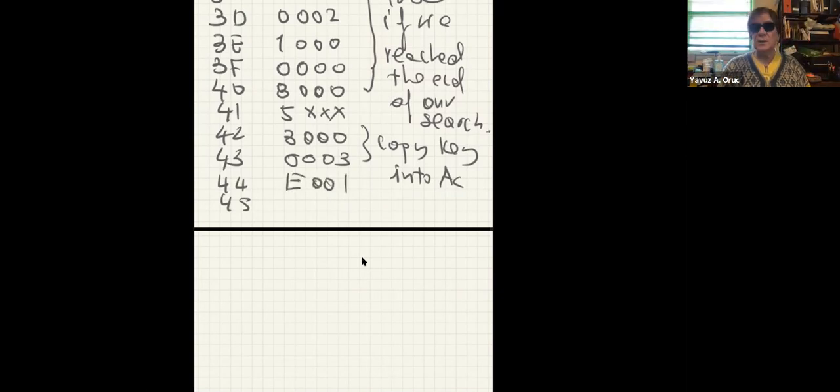Okay, we copied it into B. And now we want to perform a subtraction as before. So that means we need to complement